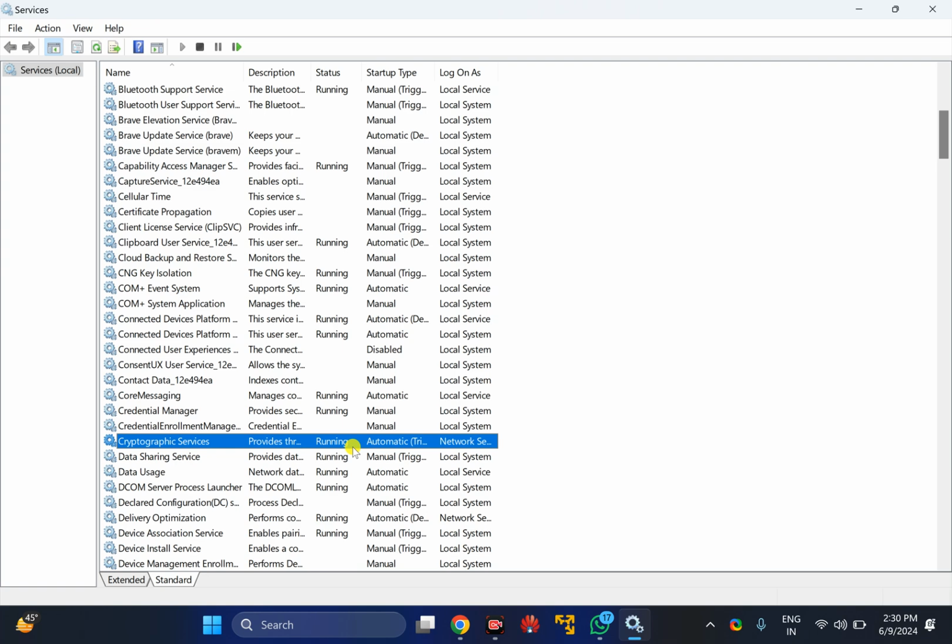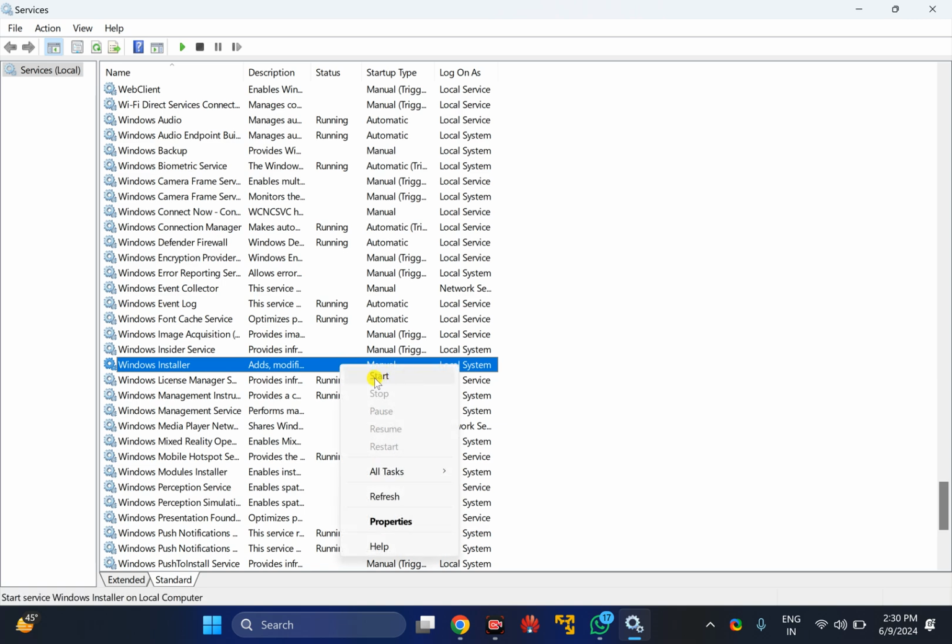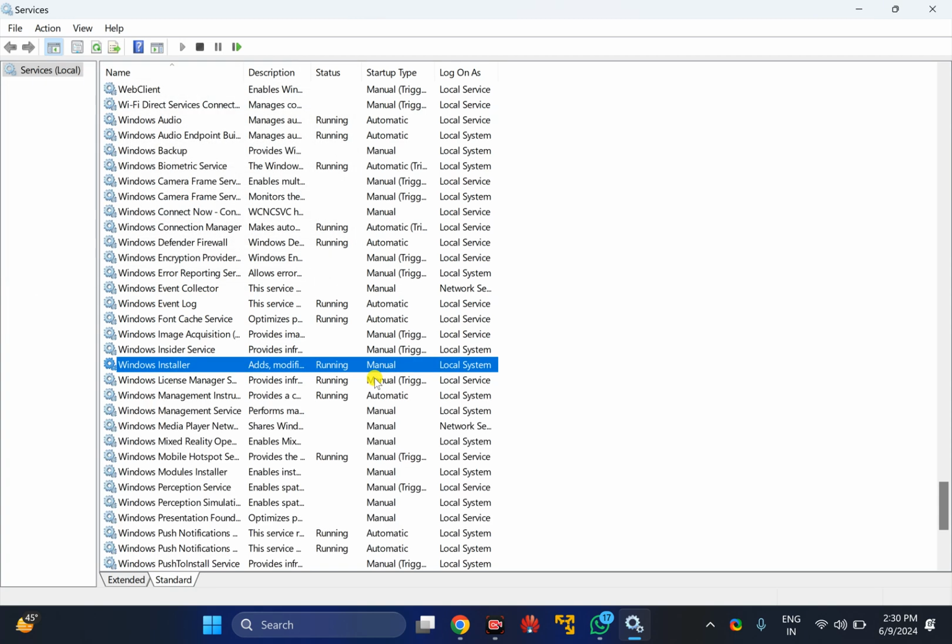And finally check the service that says Windows Installer. It should also be running. In case it is not running, right click on it and click on the Start option to start the Windows Installer service. After that you can restart your PC. These services work together to download, install, and manage updates in the Windows environment.